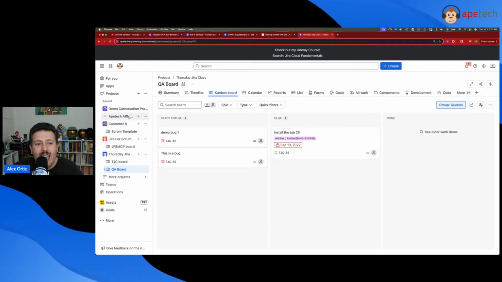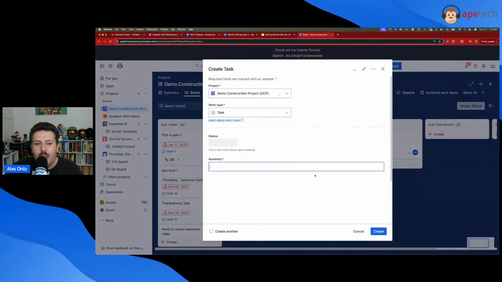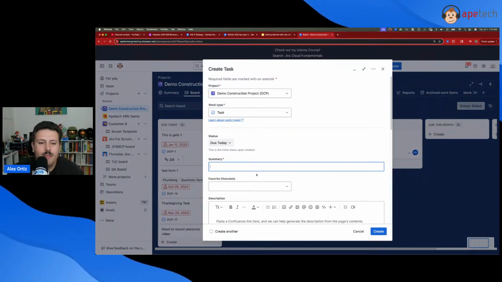Okay. And then when we go and look at our business templates, the moment we hit create something here, the moment we create a task,